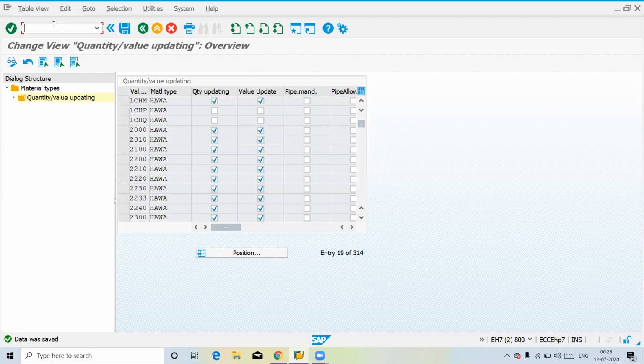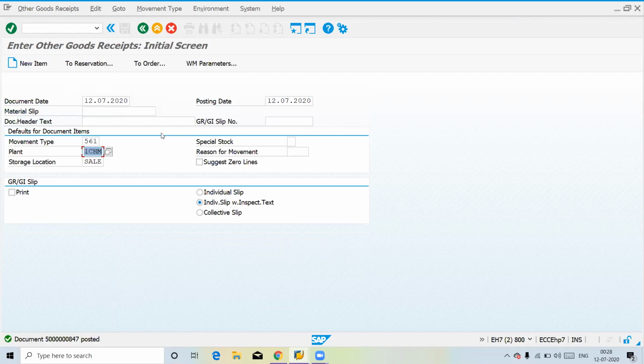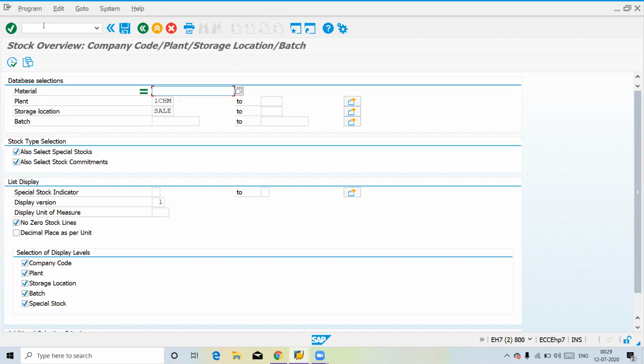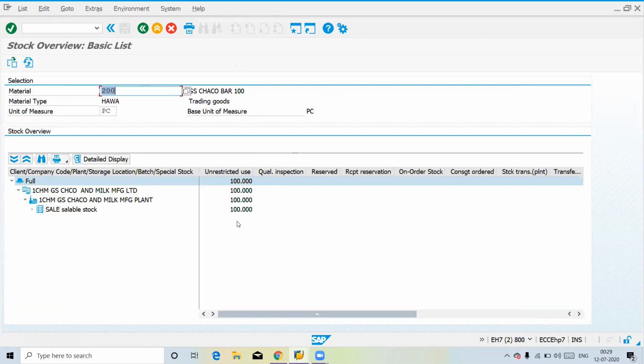Now let's try to create stock posting again. What kind of errors are we going to face, or else we are clean. So let's enter your material code and enter the quantity. See, now it is picked up. The error is gone. Now let's try to save this. So now the document got posted. If you see, previously there was no stock in your MMBE report. Now try to understand whether stock is posted or not. Now you can see 100 unrestricted stock got posted.